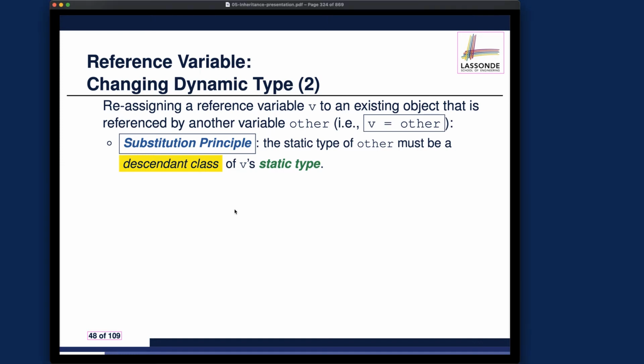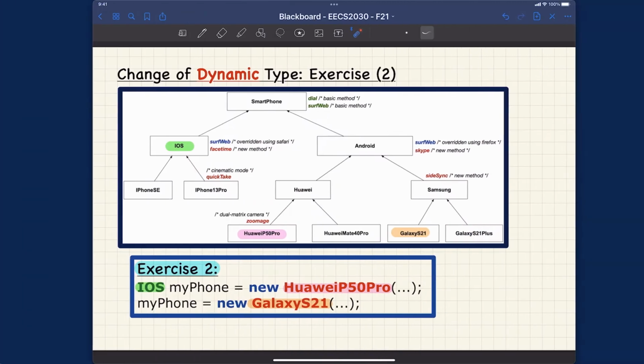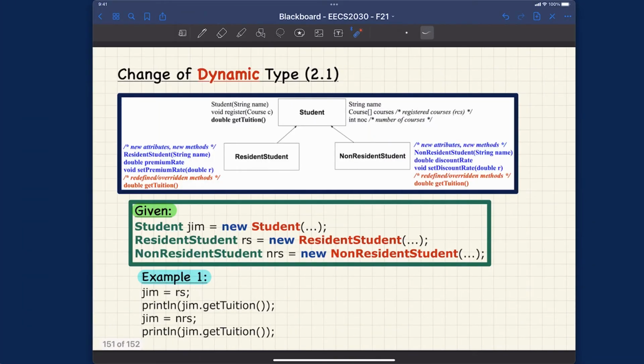And now I want to go over some examples of reference variable reassignments, rather than using just newly created objects. So we've got two cases to be covered. All right, let's now go on to the next one here. Let's still use the student example. We've got Student, ResidentStudent, and NonResidentStudent, and what we have is Jim, a resident student, and a non-resident student, and all these